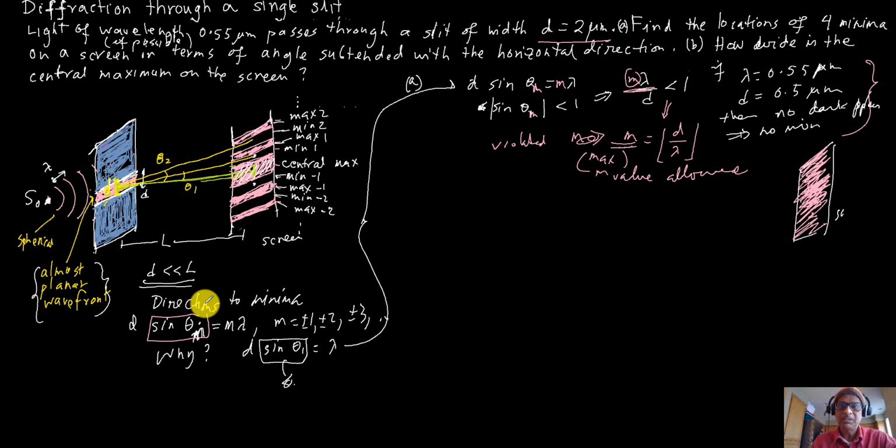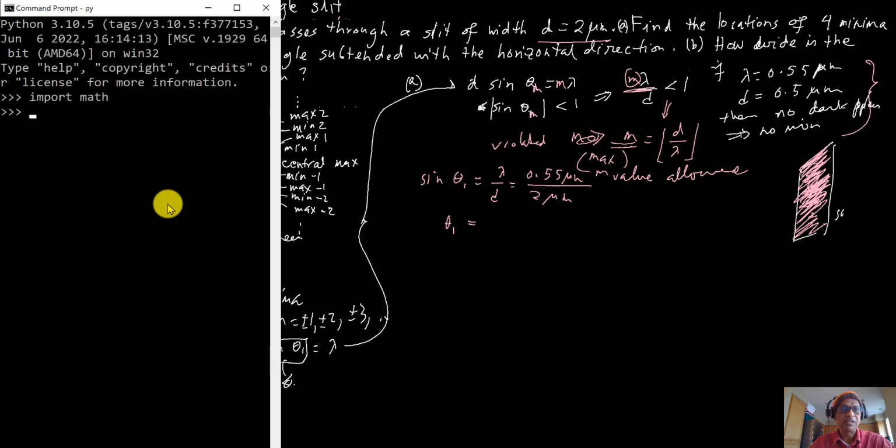Okay, so let's just work it out here. Sine theta 1 is lambda over D, and lambda is 0.55 micrometer, and D is 2 micrometer. So we can just get theta 1 from this. Theta 1, I will just use a calculator. In Python, I get